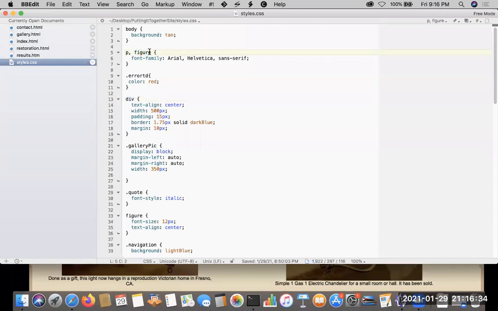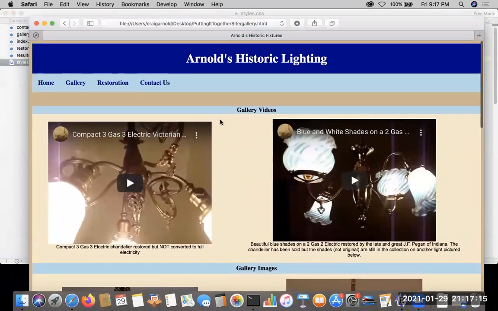P, comma, figure. So this means a paragraph tag or a figure tag. If any of those are the case, we have a font family, Arial, Helvetica, Sans Serif. And what this means by a font family is it tells the browser, if you have the Arial font, use it. Most browsers will have the Arial font. But maybe for some reason your browser doesn't. If I don't have the Arial font, then use Helvetica instead. Well, if I don't have the Helvetica font either, okay, then use the default sans serif font style, whatever type that is. Now, serifs are like what's up here in my